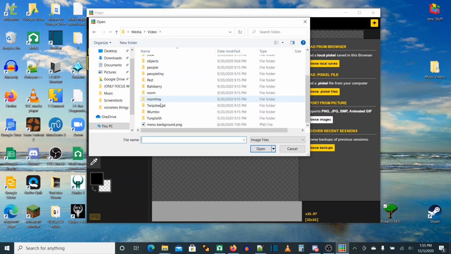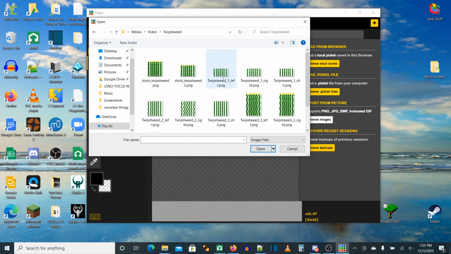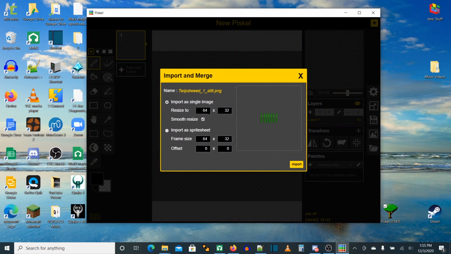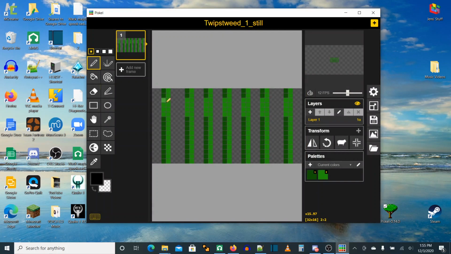Alright. So this is the first thing I start off with. I originally just drew simple green lines with a little bit of shading on them. I thought it looked nice. I resized it 2 times its size because otherwise it would look too small. But yeah, simple green lines, and then I just kind of wiggled them. This was the first thing I came up with, which is also why it's number 1 on the